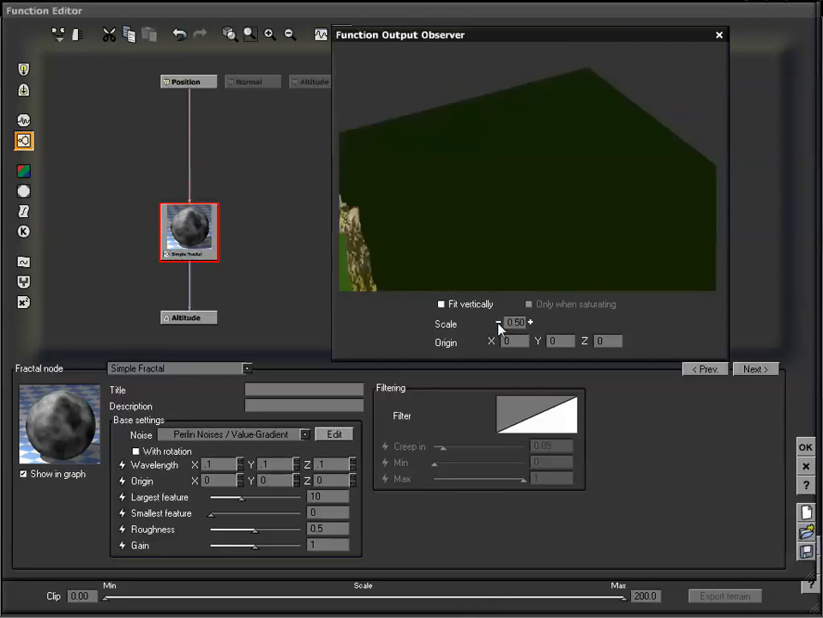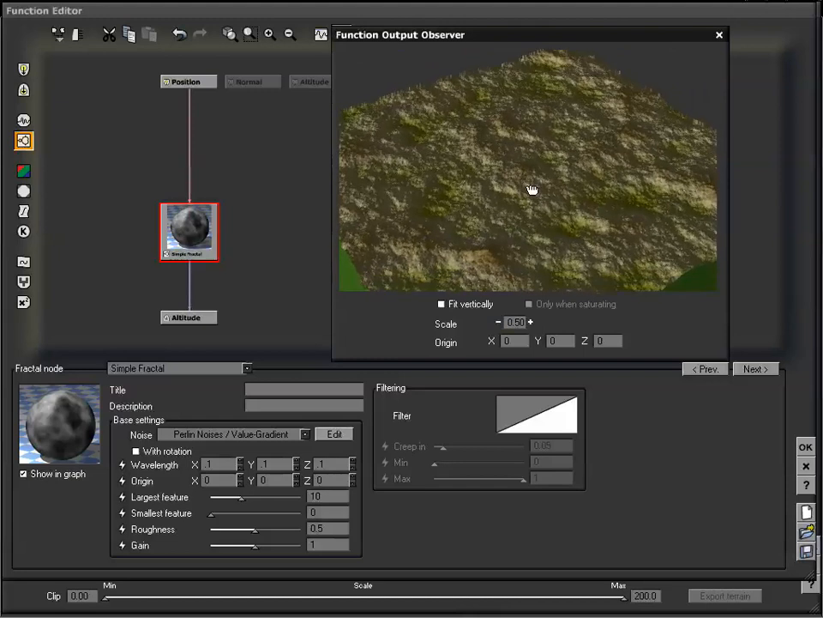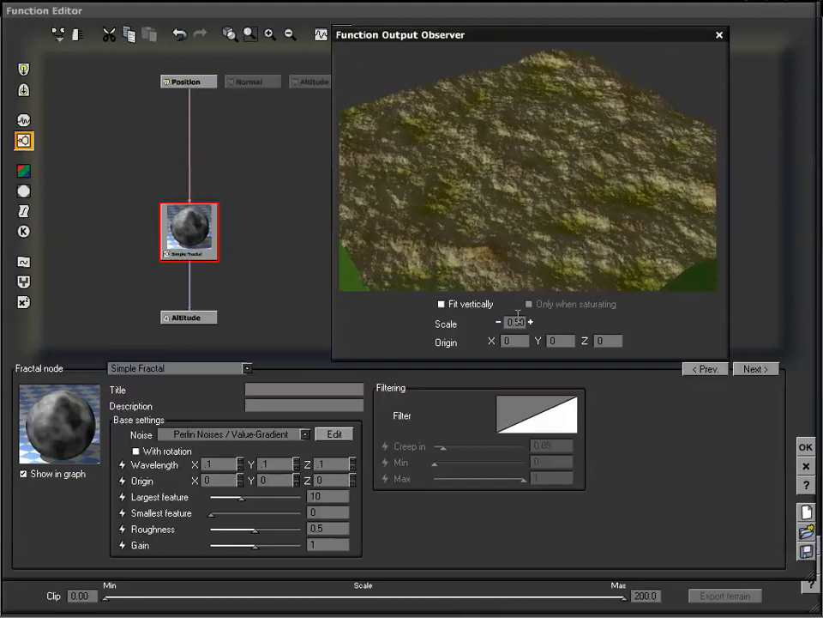So I can click on the minus, and that'll bring us down to 0.5, and now we can see twice as much as we were seeing before of our terrain. We can also adjust its origin. So in other words, where it is positioned,